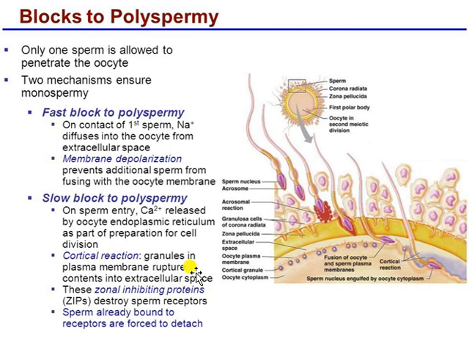That is not written here, but I am telling you, it is known as the fertilization membrane, so the other sperms can't enter. The third thing is that zona inhibiting proteins present on the surface of the zona pellucida destroy the sperm receptors. Keep in mind that sperms bound by their receptors to the zona pellucida are forced by this mechanism to detach from it, and this is a permanent dissociation, a permanent block.